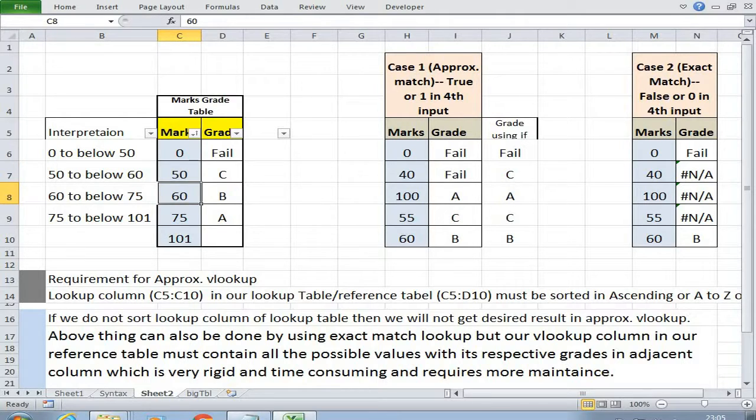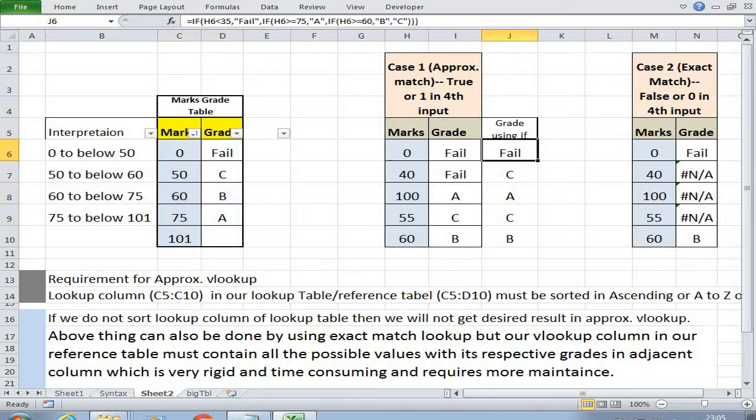Now as you can see here, 40 marks got fail grade. At the same time, we can also introduce as many grades as we want by changing this lookup table. We can also introduce A plus, A plus plus, B plus. Currently we have 4 types of grade, but we can introduce as many as we want by simply changing this grade table, the marks and grade table or lookup table.